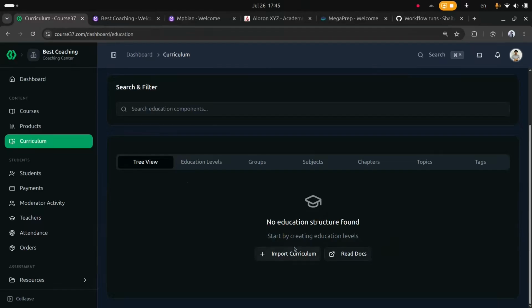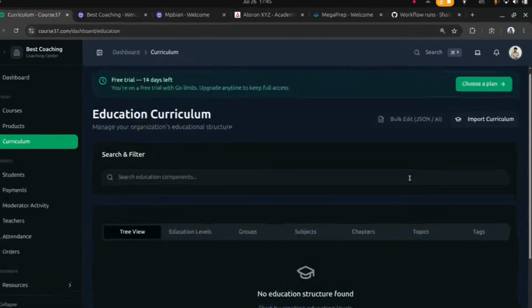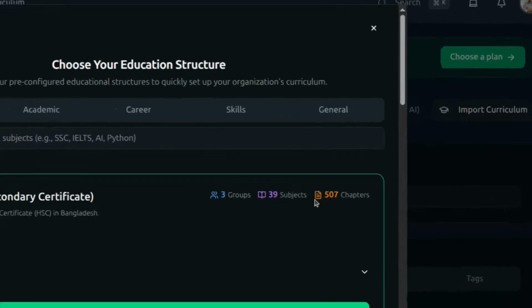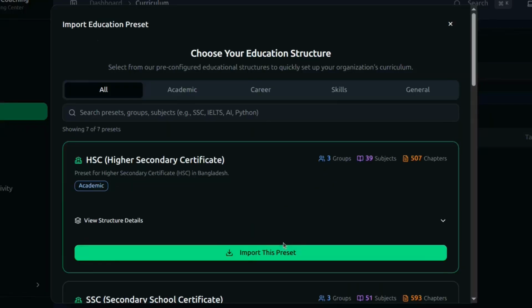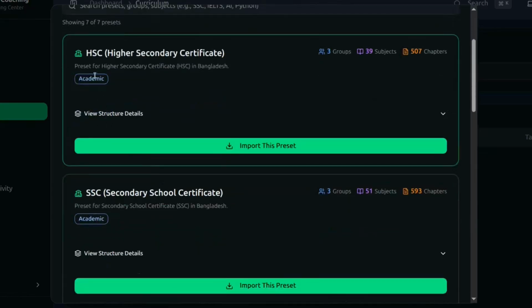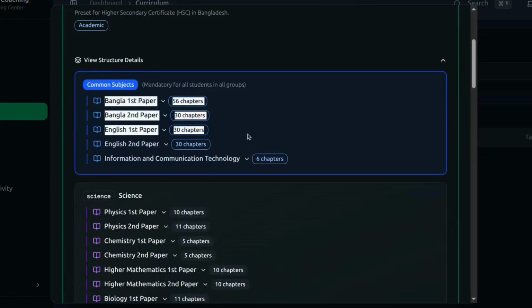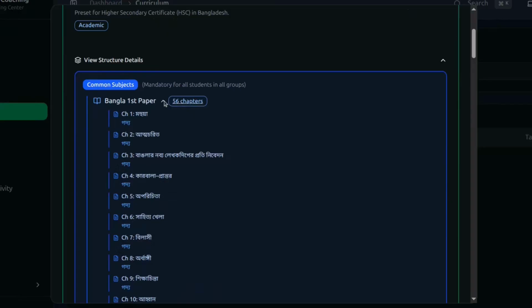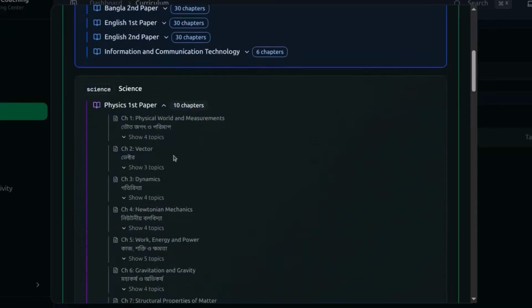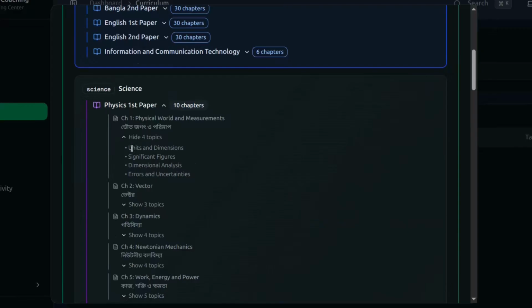Yes. So here, if you want, you can use import curriculum. Import curriculum is right here. So you start with one, and you can update it later. Say you teach HSC students. Then HSC curriculum means all the subjects and every chapter of every subject. Yes, our system pulls in all those chapters automatically. Let's say all the chapters of physics and all the topics in those chapters, all of it gets pulled